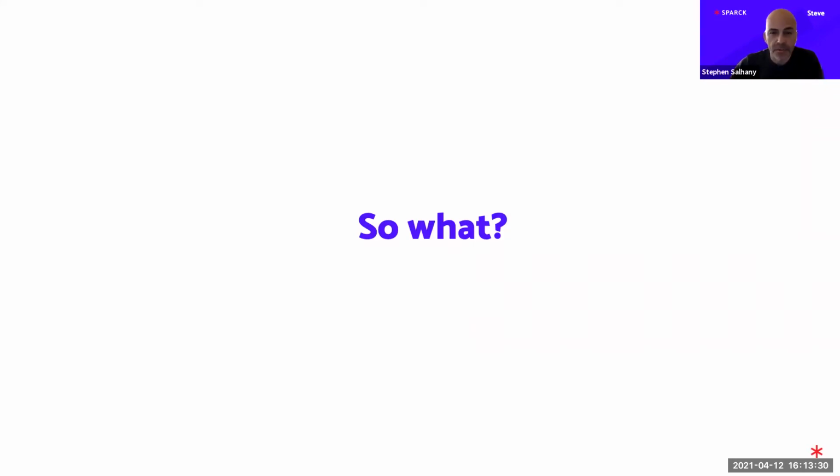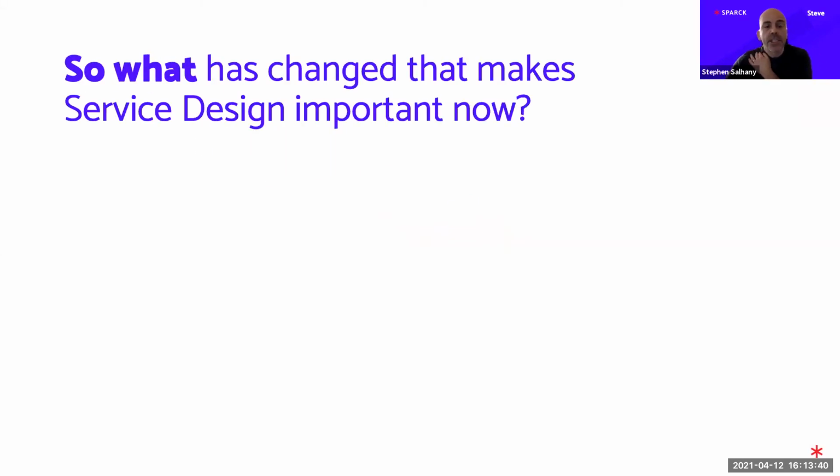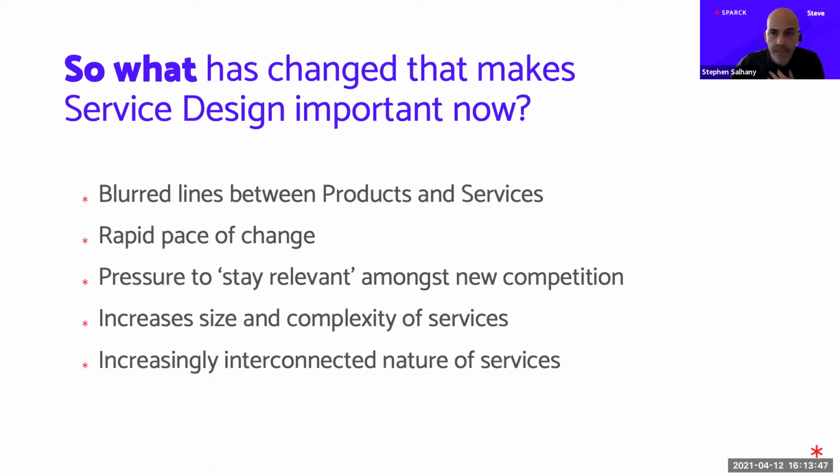I'll try to make the argument for service design by separating this into two questions. First is, what has changed now that makes service design really important? And for me, it's these aspects. Again, as I mentioned before, this blurred line between services and products. And the rapid pace of change that we are seeing now is phenomenal. That's obviously spurred on by digital technologies and the changes in the way information is handled, the fourth generation information industrial age. I can't remember the term, but